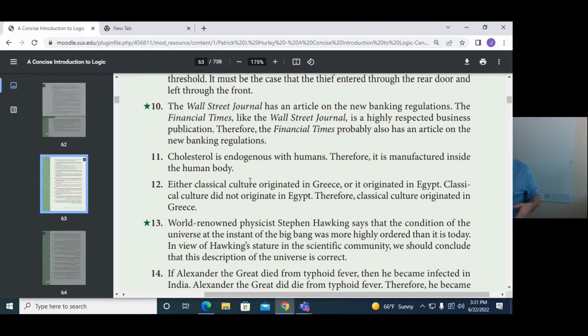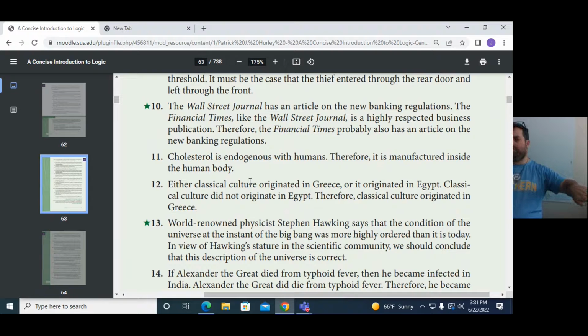Yes, it has the word probably, so we're dealing with induction. Now, what type of inductive argument is this? Pause to consider. Yeah, it is an argument based on analogy, right? The Wall Street Journal is a highly respected business publication. The London Financial Times is a respected business publication. Therefore, if the Wall Street Journal has this article over here, then the Financial Times probably has an article on